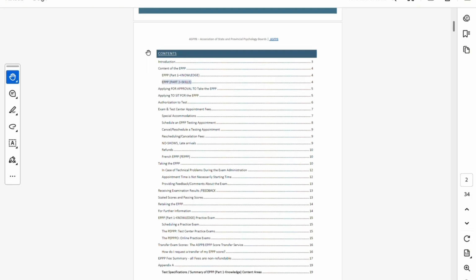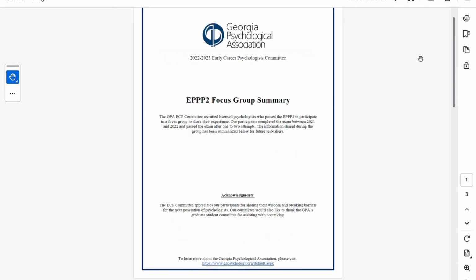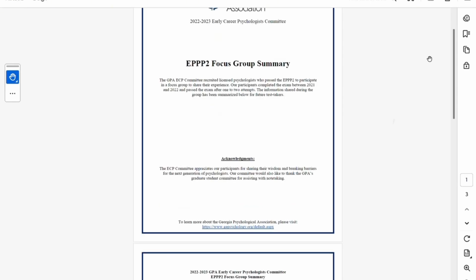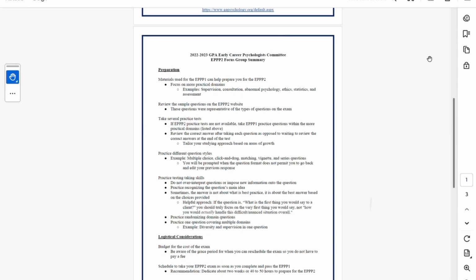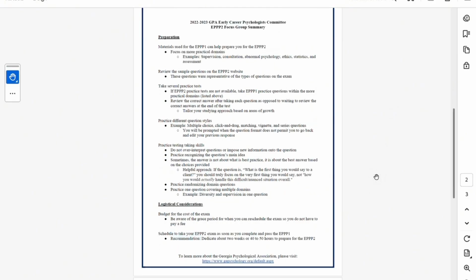So I read through this handbook to get an idea of what I would be doing. And then I also used this second document, which was something I found on the Georgia Boards of Examiners website. They did a study of licensed psychologists who took the EPPP Part 2 to get what their experience was like. And they just asked them some interview questions about how they studied, materials that they use, different question styles that they use to study. So based off of what was indicated here is what I did for my own method